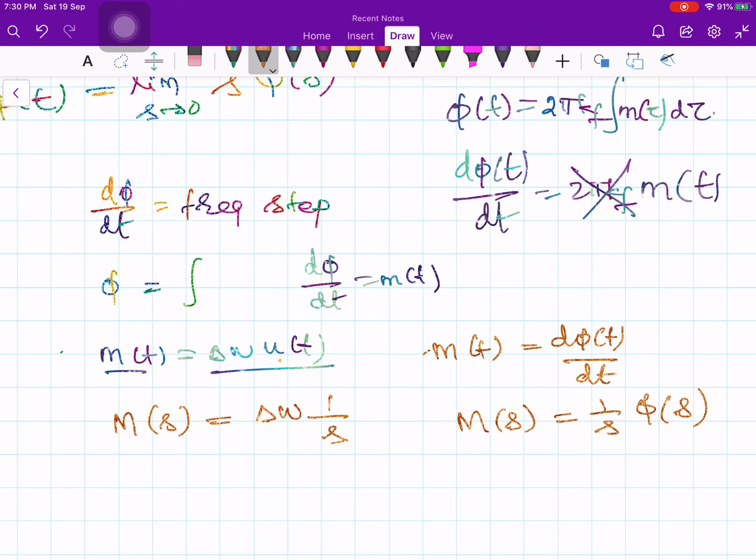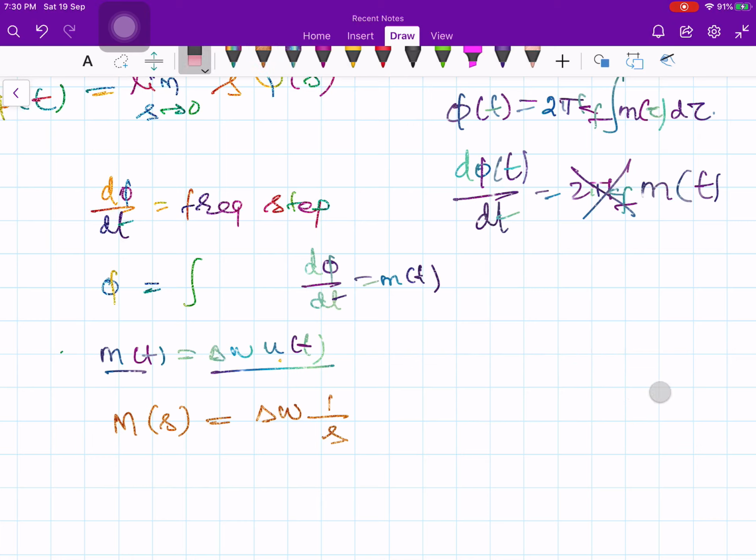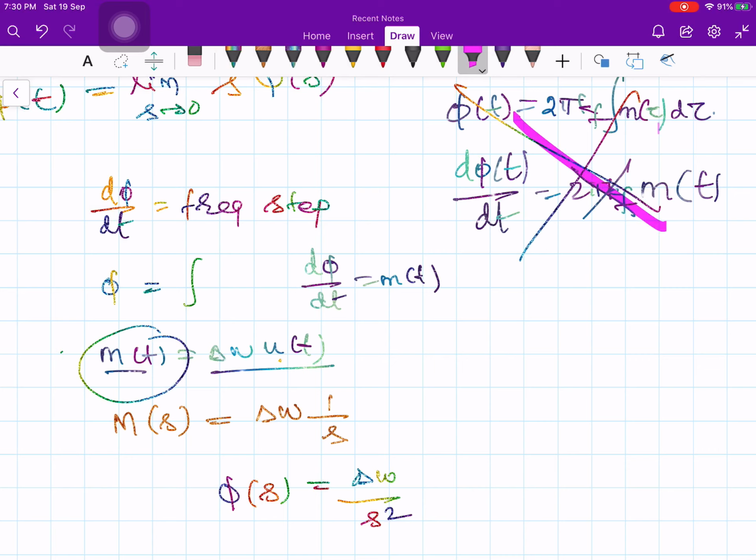Okay, so let us not confuse too much. You are differentiating. So if you differentiate, then what will happen? You are multiplying one more s, therefore your phi of s is equal to delta omega over s squared, because you are integrating the m of t. It's very simple, right? So don't get confused with that. So what I am saying is